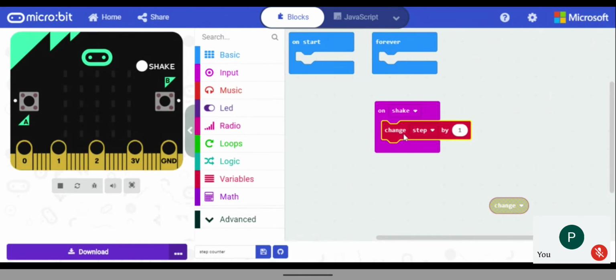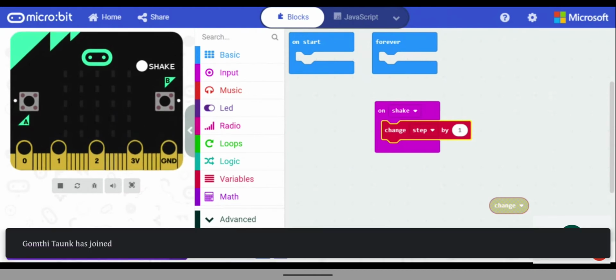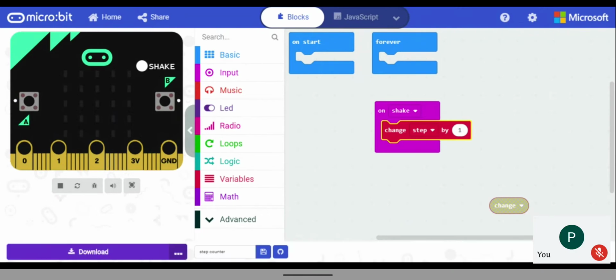At what place does it have to change? Whenever we shake the microbit, it has to increase by 1. Okay, just think about this one. Say you have one bottle. Take an example of 3 people, having three bottles individually.